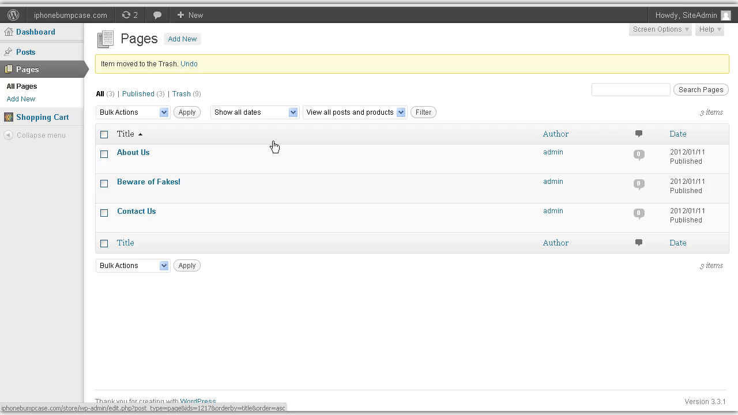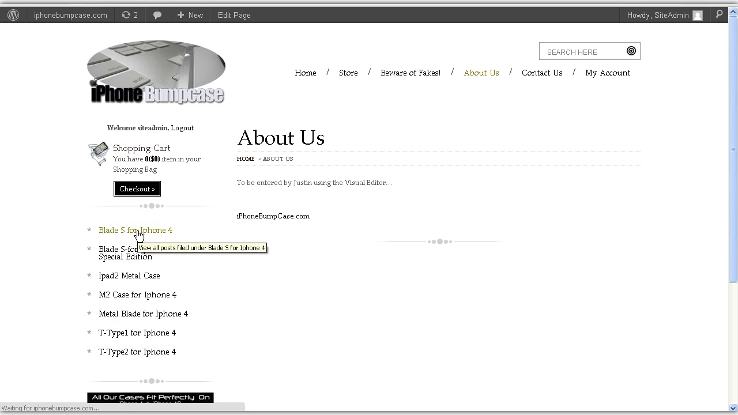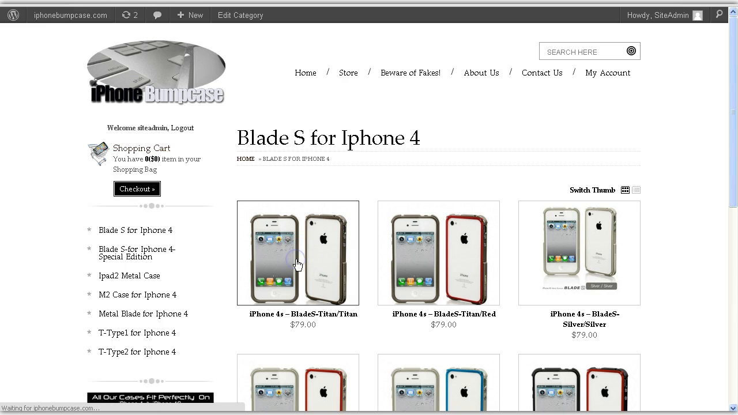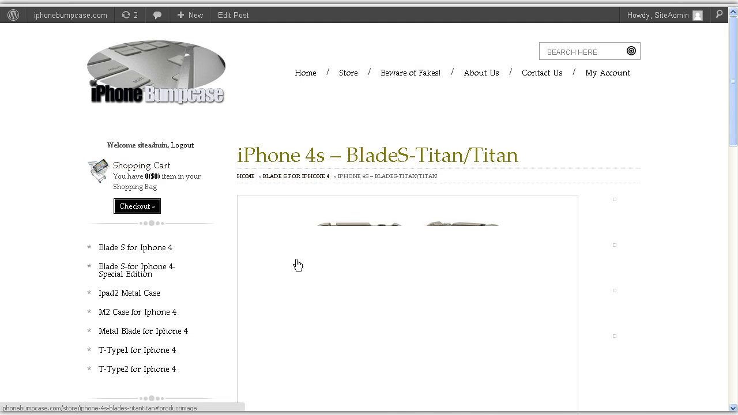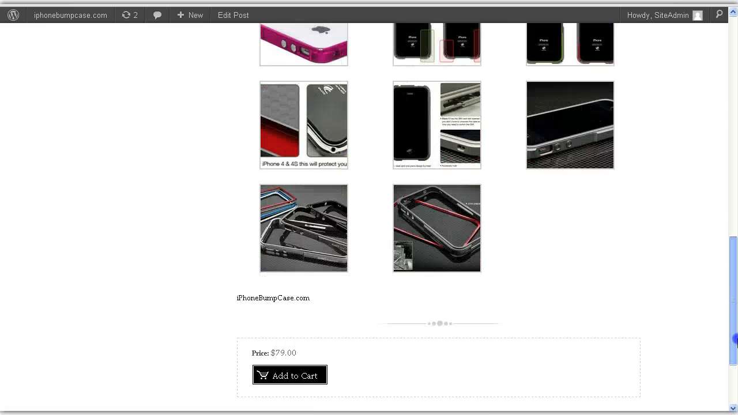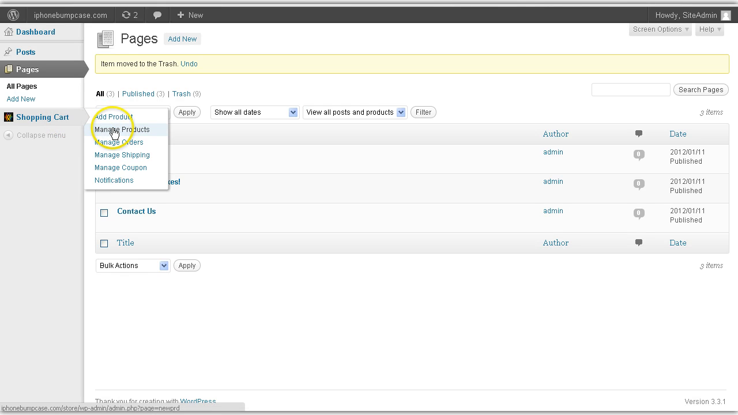So let's now move over to the shopping cart. How do you edit the products? How do you change the pricing of your products? Very simple. Let's take the iPhone Blade S Titan. Alright, let's say we want to edit the price. You simply go to shopping cart, manage products,